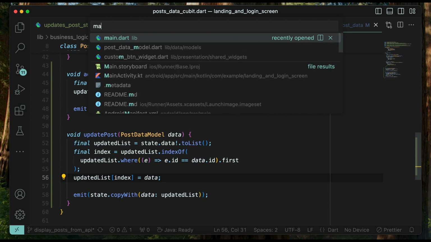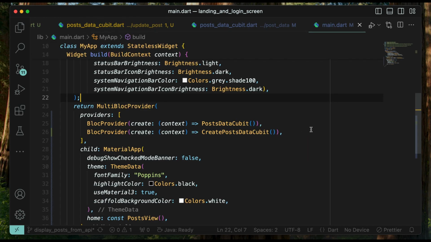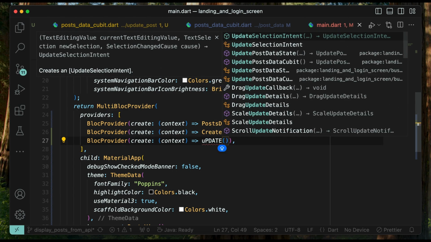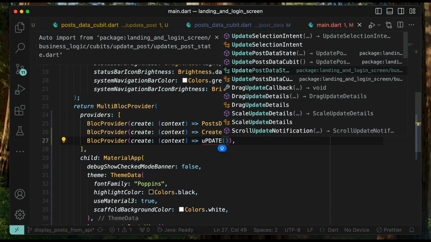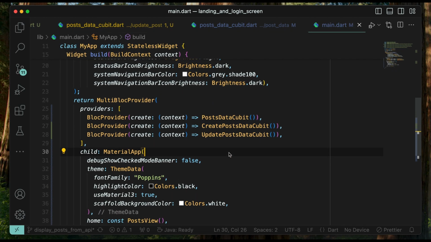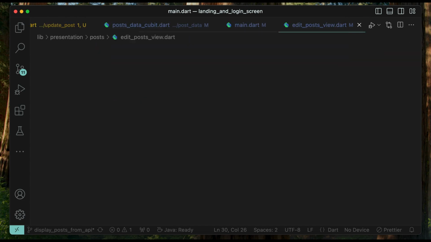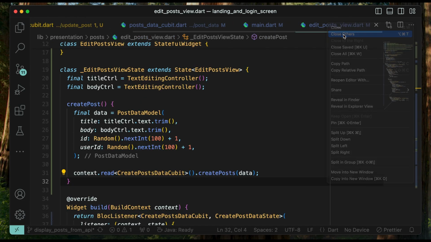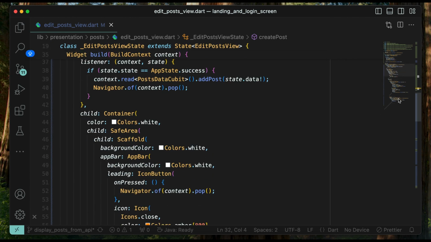Now let's open again our main file, and here we're just gonna duplicate this code here, duplicate, and here let's add this newly created update post cubit, this one. Okay, beautiful. So after that, let's go back to our edit post view. Let me close the other files, close others, and here